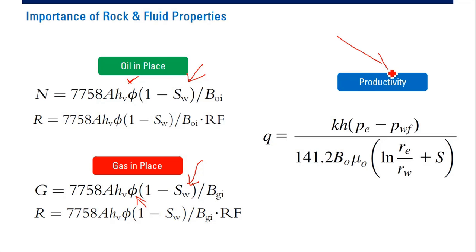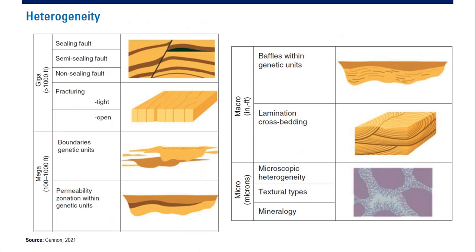For productivity, or the easiness for the fluid to flow, bagaimana sumur itu produktif, mampu mengalirkan fluid, it is governed by permeability, another rock property, and also by the viscosity, a fluid property. Another fluid property is Bo, the oil formation volume factor. We will talk about this later in another lecture. And also something that is very important for the reservoir is heterogeneity.